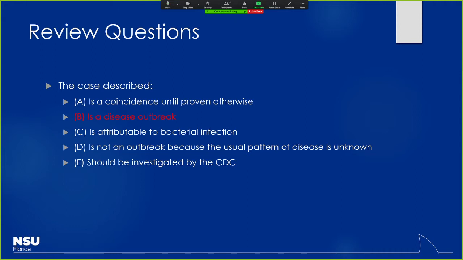So, for instance, when we had a hepatitis A outbreak a couple of years ago here in Florida, you could look at the normal cases of hepatitis A and then see if what we're experiencing now is above that. That could again give you an idea if it's more of an outbreak sort of situation. But here we don't necessarily need to know what the disease pattern is. It's more for diseases that tend to be endemic in a population.